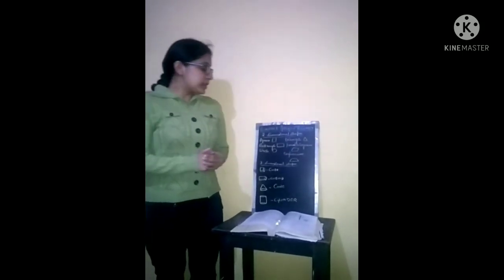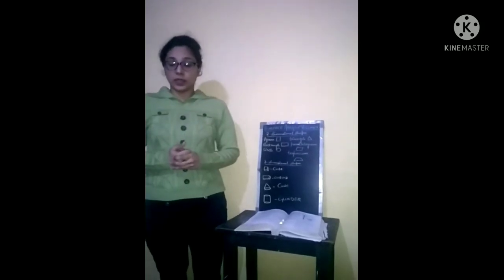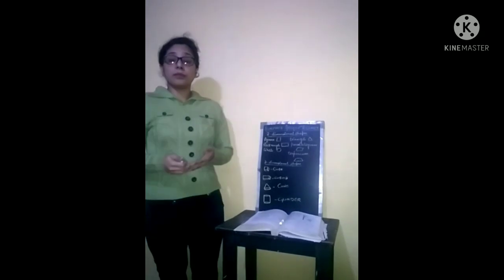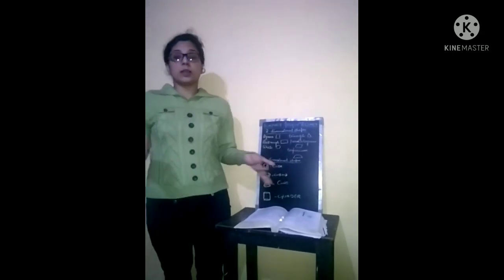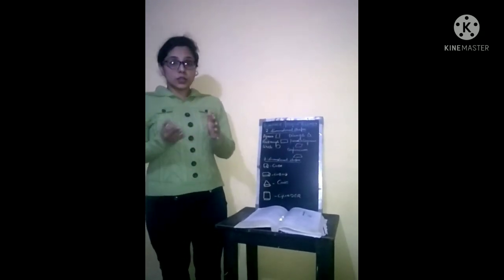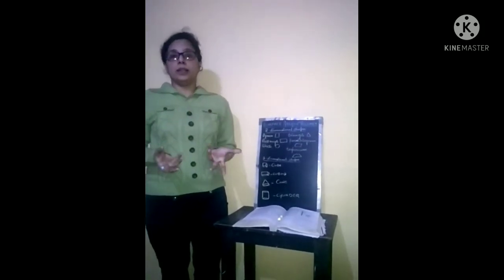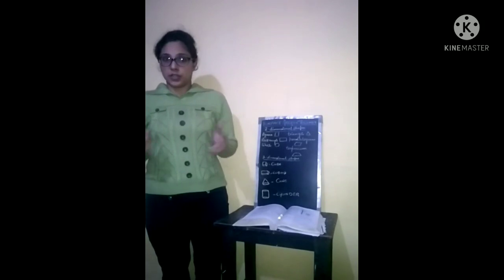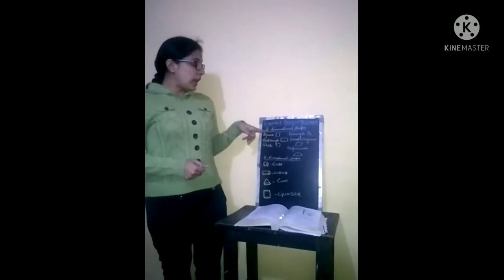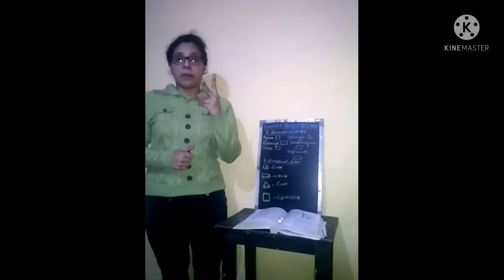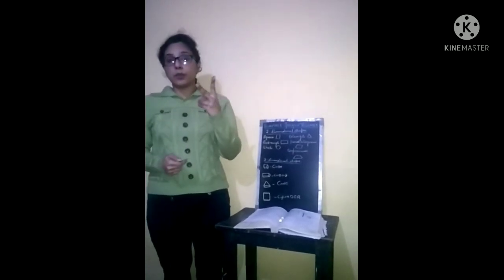Here we'll discuss some shapes. We see many shapes in our day-to-day life. Some are two-dimensional shapes and some are three-dimensional shapes. So first let us understand the difference between two-dimensional and three-dimensional shapes. Two-dimensional shapes are the shapes which have only two dimensions. Two dimensions, what type of dimensions?